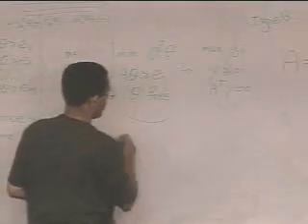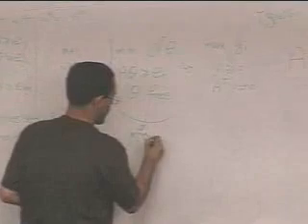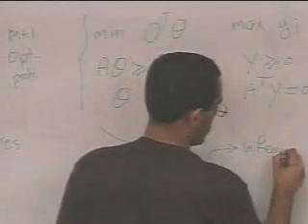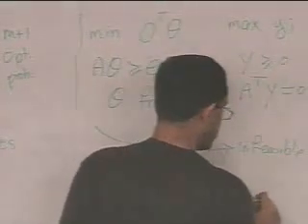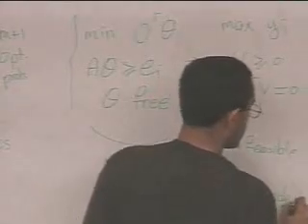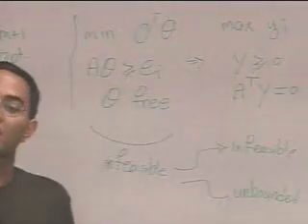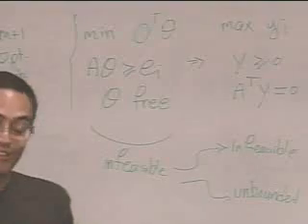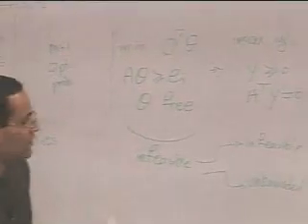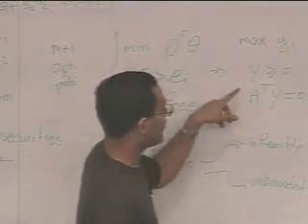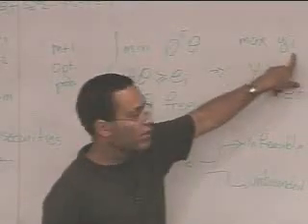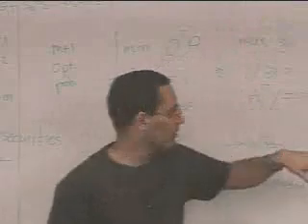Now, there is one thing that you should know. If a problem is infeasible, then its dual is either infeasible or it is unbounded. So what's the meaning of an unbounded problem? What is infinity? The value of the objective function. So a problem infeasible means there is no vector satisfying the constraints. If it is unbounded, it means that the objective function can go to infinity. So it means that you can take yi very big and satisfy everything.